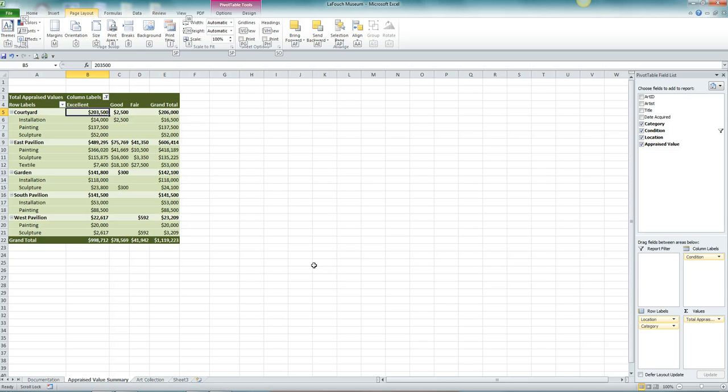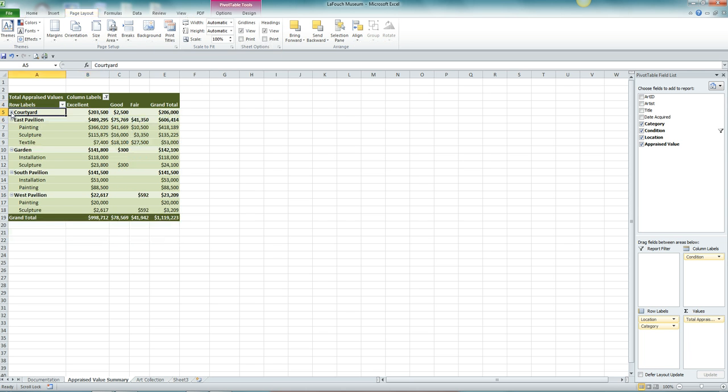pointer changes to a white arrow. So you want to make sure you don't get the black arrow. You don't want a white plus sign. You want a white arrowhead. Then you can click. Click the Collapse button